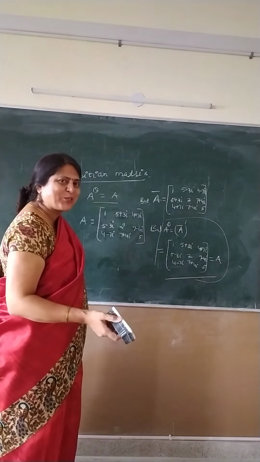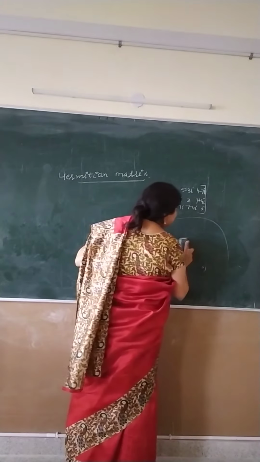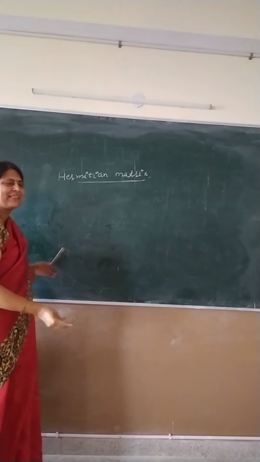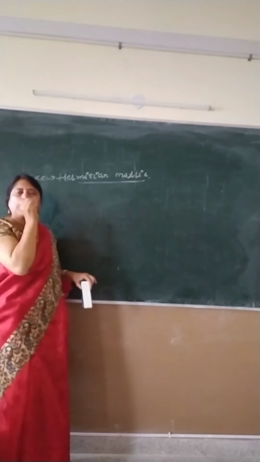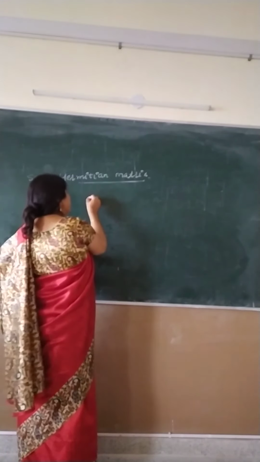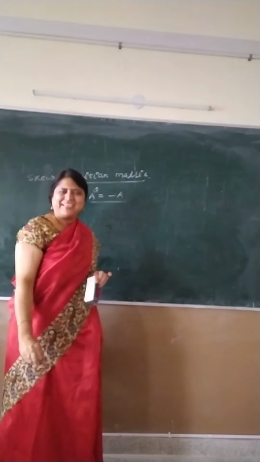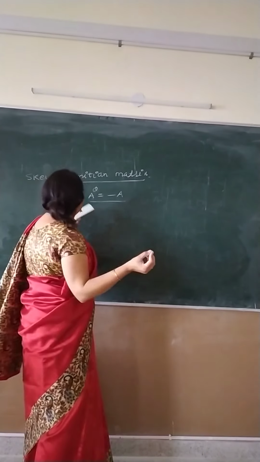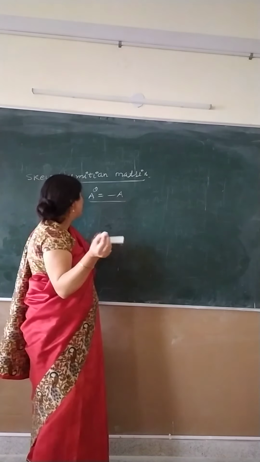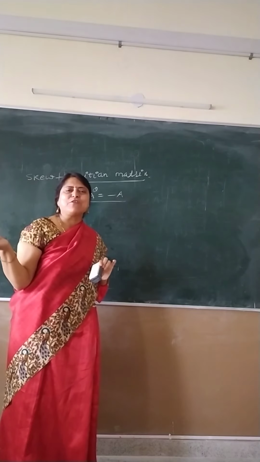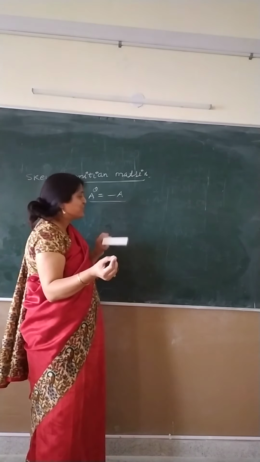Now I am taking example of skew Hermitian matrix. Now see how to do skew Hermitian matrix, how to do questions, everything is told to you, only then you are able to do it well. Skew Hermitian matrix. A square matrix is said to be skew Hermitian matrix if conjugate transpose of a matrix is the negative of matrix itself. Now, how do you find it, students?